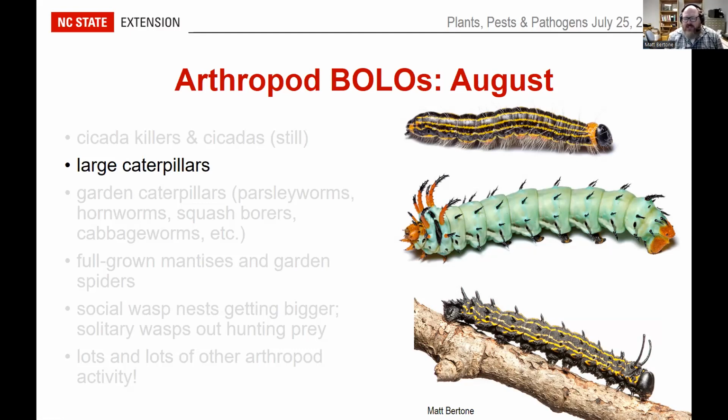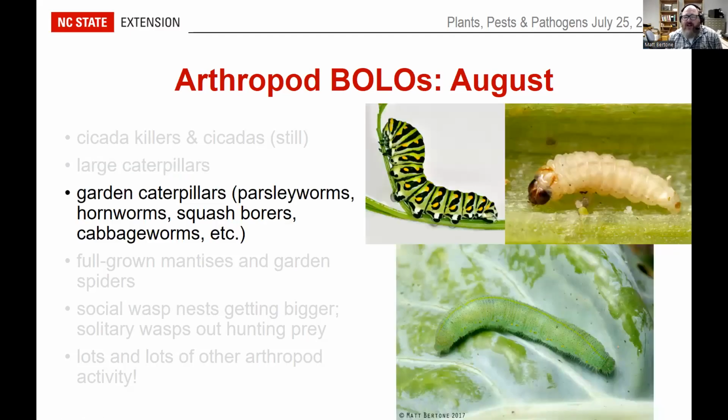And of course, most of these are feeding on deciduous or broadleaf plants, or sometimes even pines and some of the conifers out there. You can also see a lot of garden caterpillars. So gardens are in full swing. You're going to see some of the swallowtails feeding on the dills and parsleys, things like that. Squash vine borers are still out there eating squash in the bases of plants. You'll see a lot of caterpillars on some other plants, including the cabbage white butterflies and some of the other brassica-feeding pests. So take a look at those